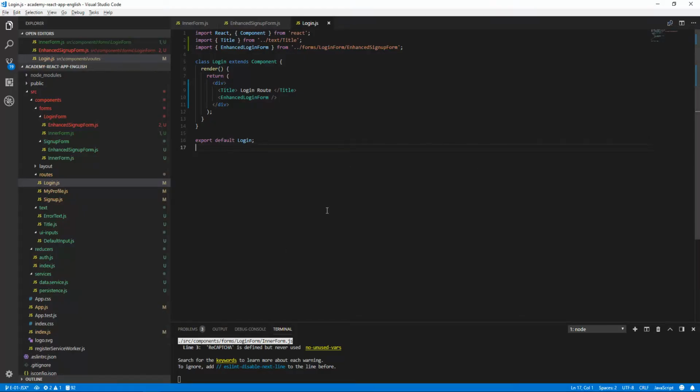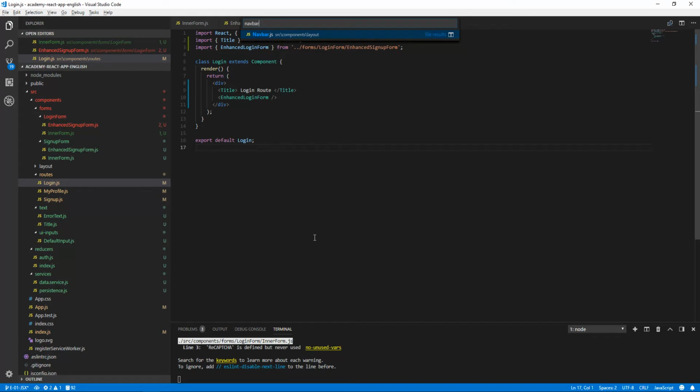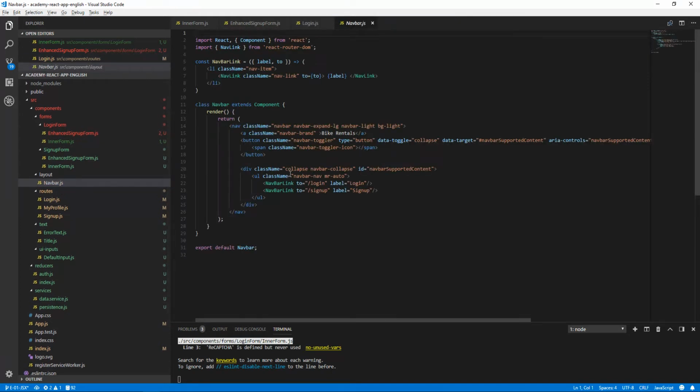Let us now implement logging out functionality. So I think logging out functionality would be cool if we have a button in the navbar that is called Logout. So we need it to be at the right, so we need to copy paste this, and instead of mr-auto we'll use ml-auto, and we need to have a bit of margin at the right, and instead of this we will use